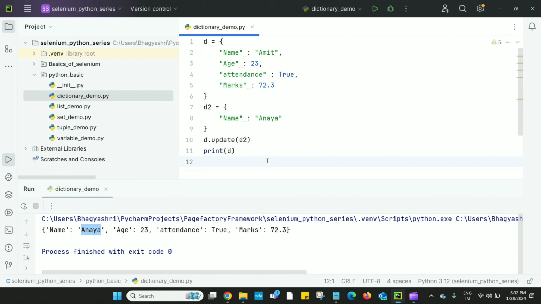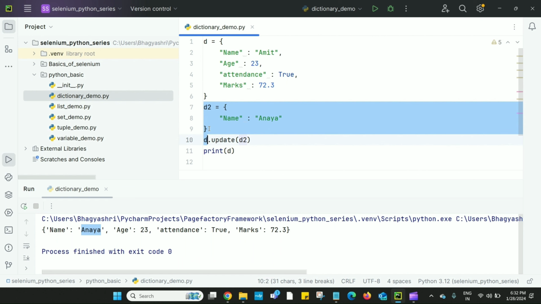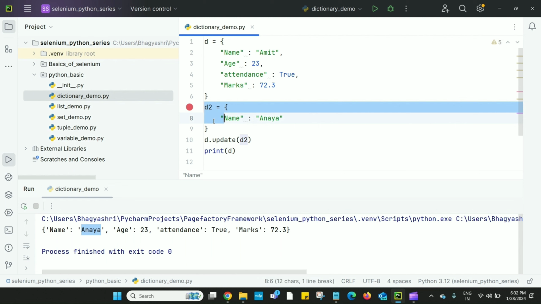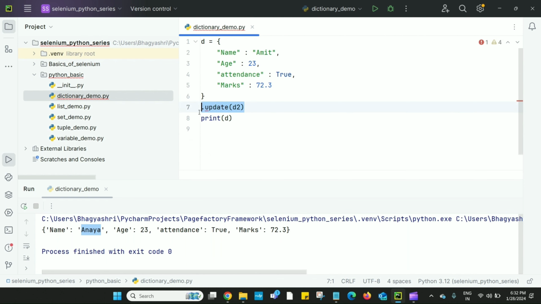Now next is the pop method. Why is the pop method used? The pop method is basically used to remove elements or keys from the dictionary. Suppose I want to remove age from this dictionary.